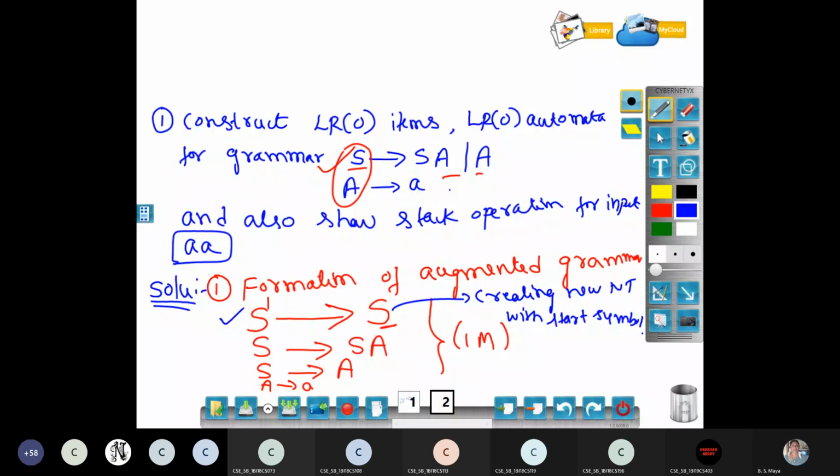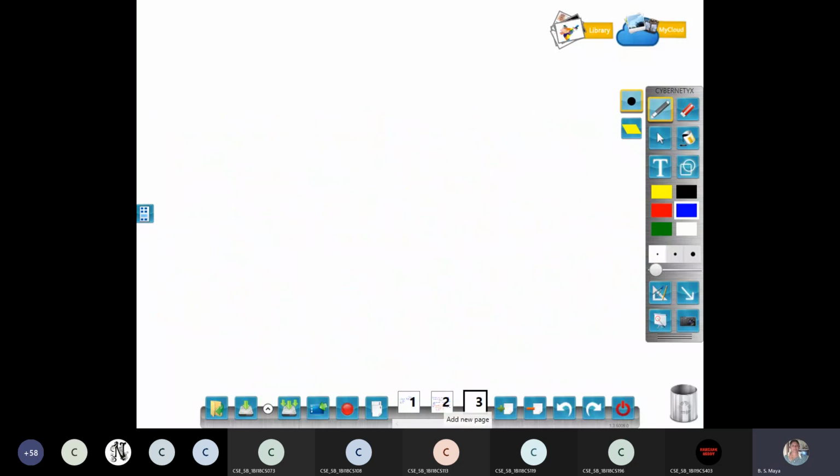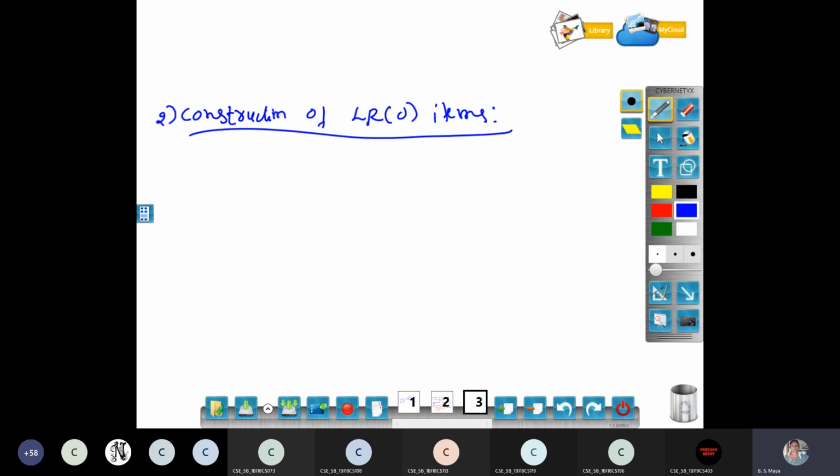Yes, ma'am. Okay, the second step, carefully listen. I am going for the second step. The second step is construction of LR0 items. What is the function I am using?